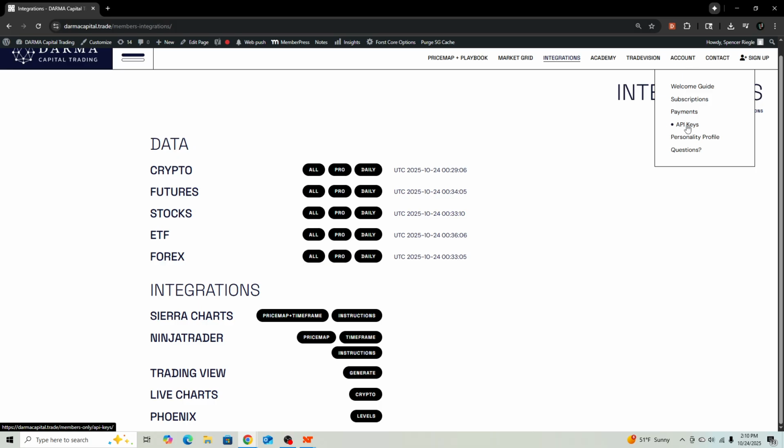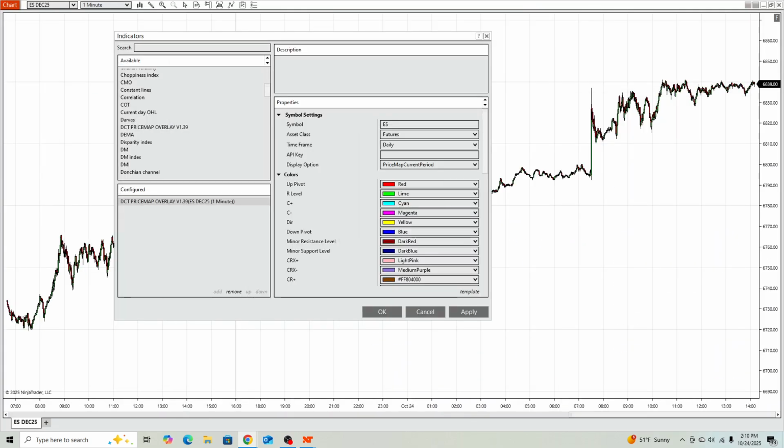hit API keys. I'm going to do it off of the recording here just to preserve my API keys, but I will walk you through the process as I'm going about it. So once you hit API keys under account, you will be prompted with create a new API key. Through this process, it will ask you for a description. Make it whatever description you would like or notate it as, right? For example, I have it currently as NinjaTrader testing, which is a test API key that we are using for this demo. And